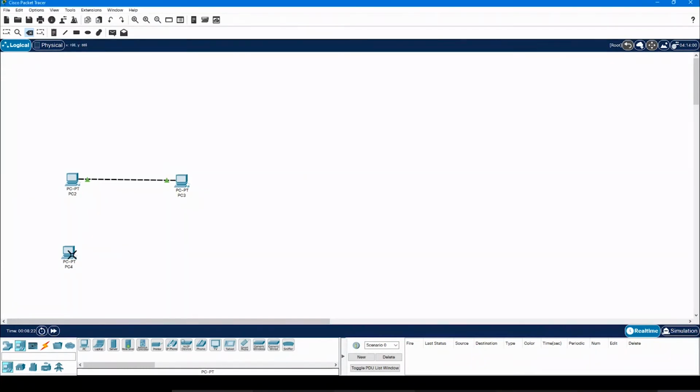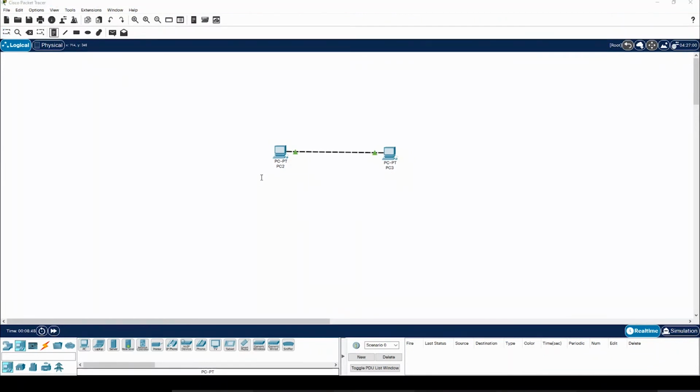Now let's understand the practical we just did. We discussed configuring these PCs with IP addresses of the same range and making the communication possible. So you can add a note for your personal reference by clicking on this place note.